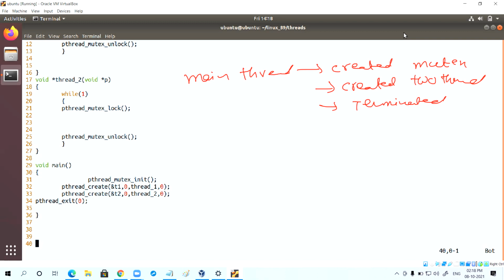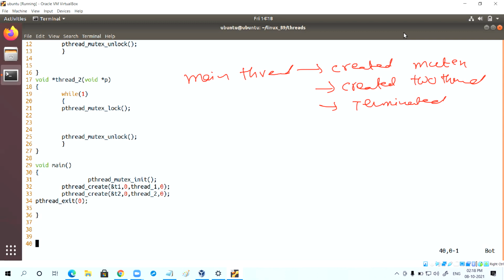Creating the mutex is line number 31. Creating the first thread is line number 32. Creating the second thread is line number 33. And it gets terminated using pthread_exit.